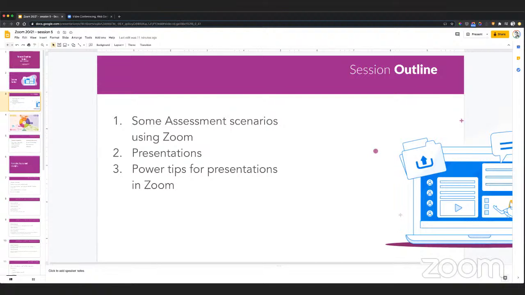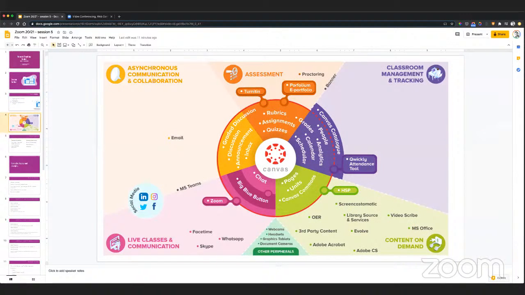So the first thing I want to talk about is this diagram here, which you might be familiar with from one of Garrod's initial presentations on all of the e-learning infrastructure options, and the core Canvas features and how all of that relates to the everyday activities in CIT, particularly in this remote teaching and learning period. So for today, we'd be talking mainly about